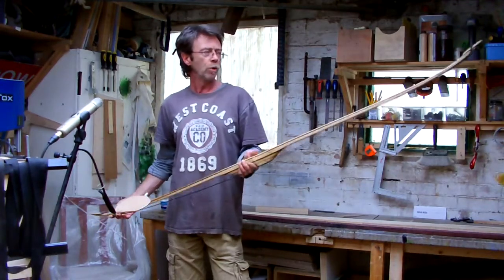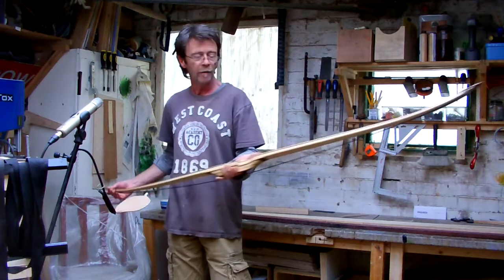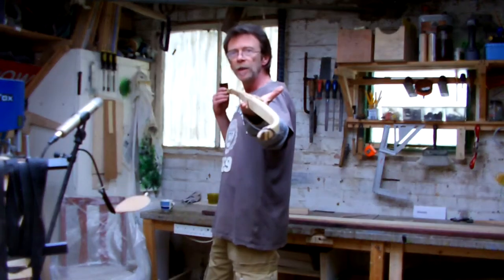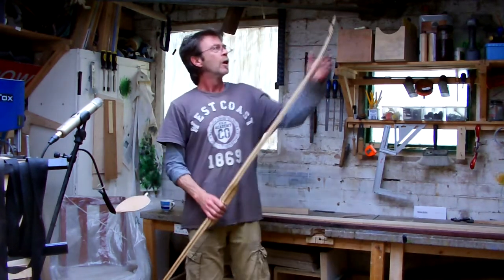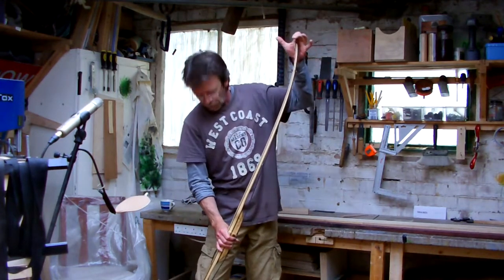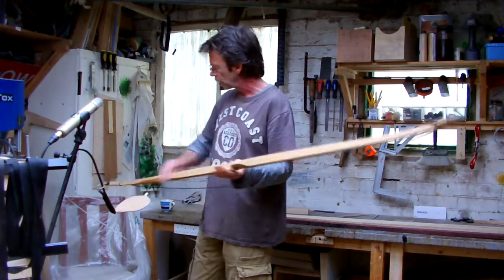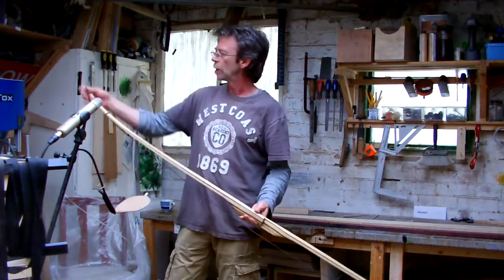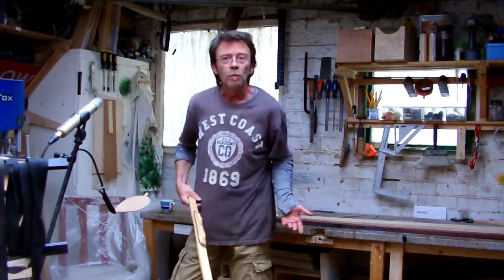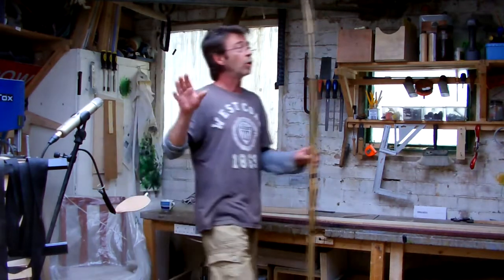This bow pulls at about 40 pounds, 42 pounds, something like that. It's made of ash. It remains nice and straight. It was made with slight deflects in it to begin with, so that in the tillering process we're going to end up with something which is fairly straight and recurved tips, slight recurved tips. So that's enough of that. We're going to go through the whole process at this point, and what we're going to start with